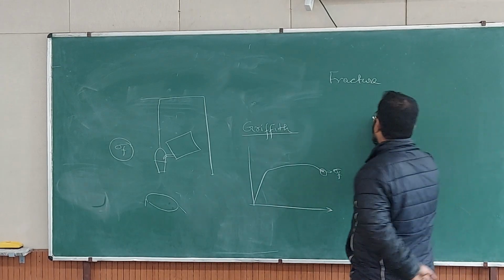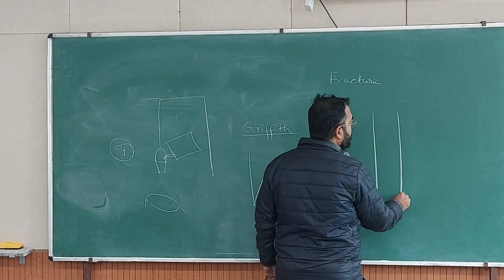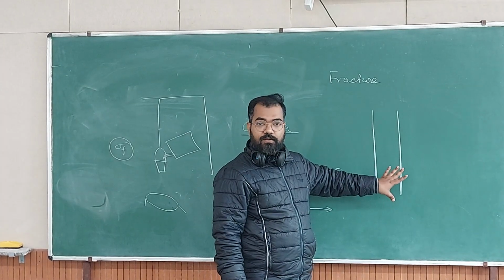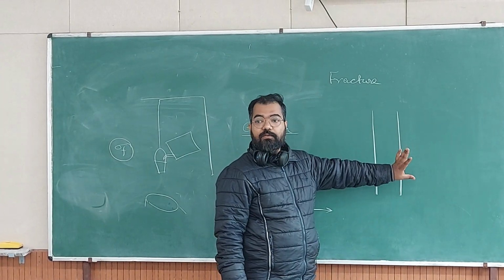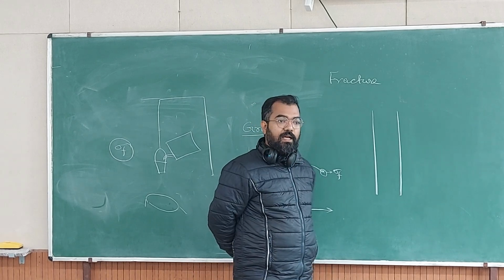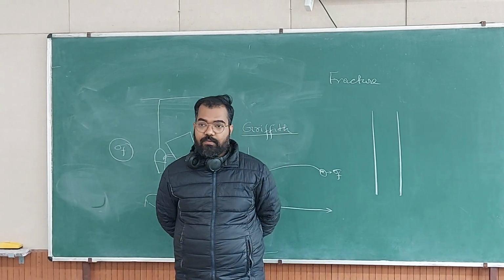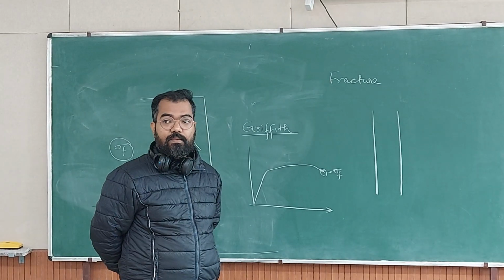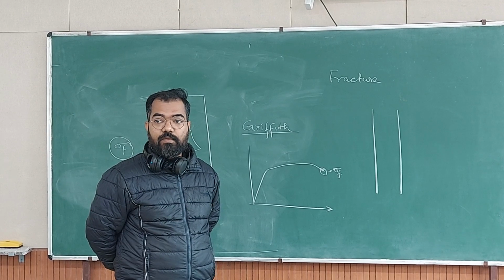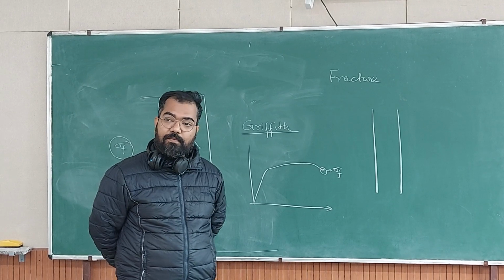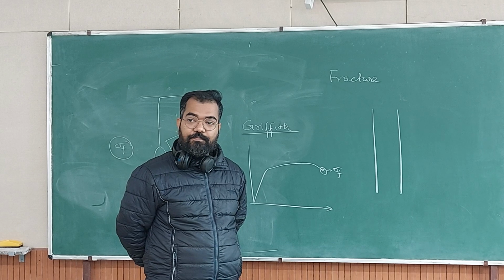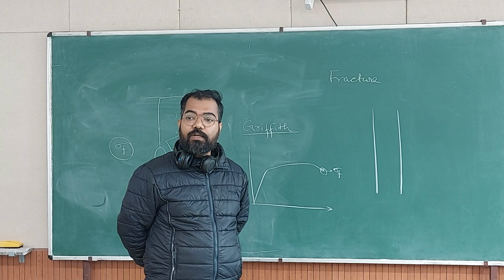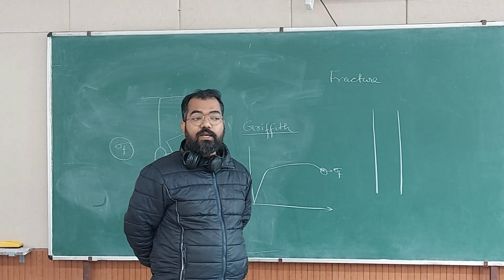So if you have a wire and you have loaded it, it is going to elongate elastically and then it is going to elongate plastically, then there will be necking. Where will the wire neck? Just before fracture. Where? At which location? Where there is a void. And where will the void come? Although it's not ductile, let us say a little bit of voids will be coming. So where will it come?